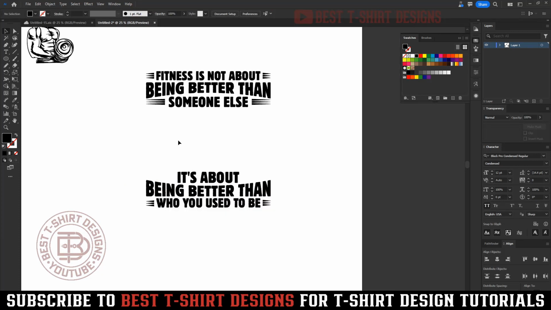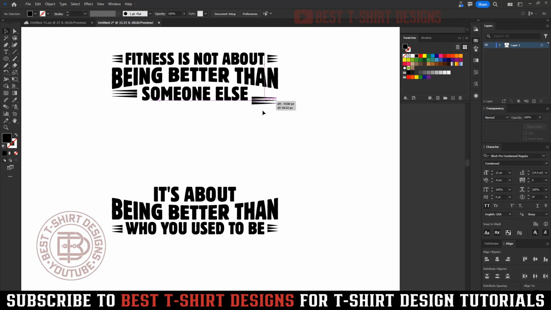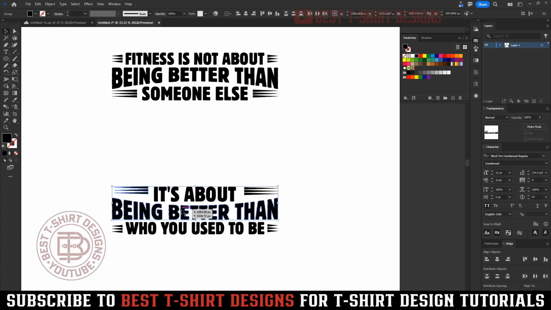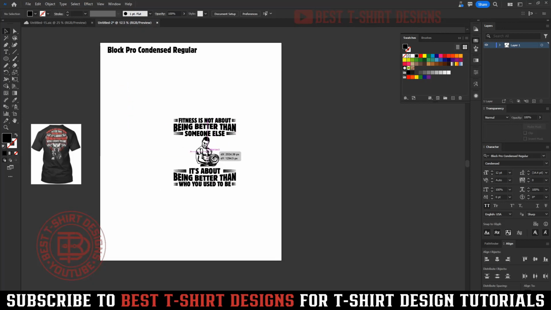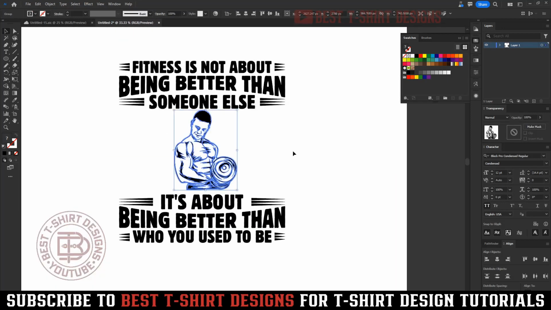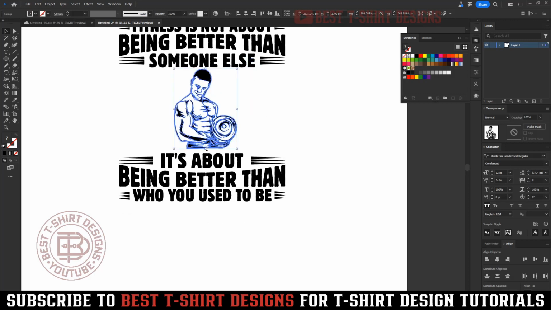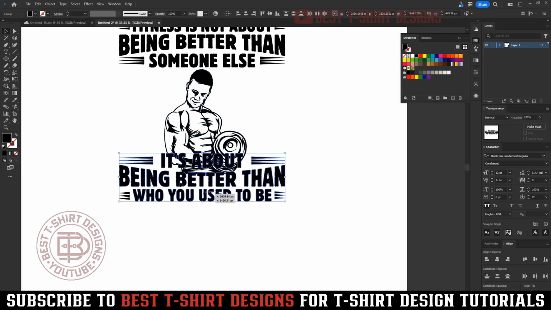Now if you look at the design from this angle, it looks like this design is a bit wider. I don't need a wide looking design. I need a longer looking design, and whether your design is going to be long or wide will depend on the placement of the graphic. So we will fix that. And as you can see, this is my graphic part. If I just place it here, it is going to be a wider looking design. But if I make the graphic part a bit bigger, then I can simply,